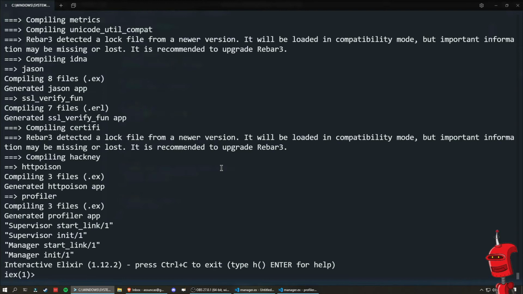it starts our application. And we can see from the IO.inspects that we put in, first it starts the supervisor, then it inits the supervisor, then the supervisor is actually starting the manager and initting the manager. So we should have two processes, or more than two processes actually running right now. If we run :observer.start,